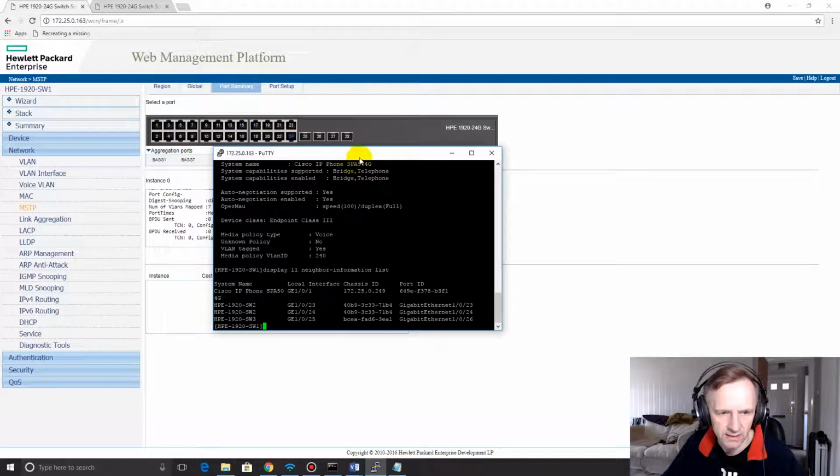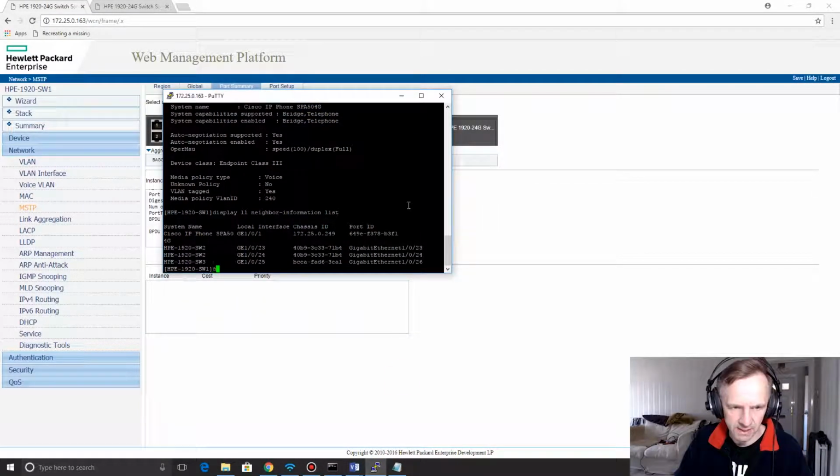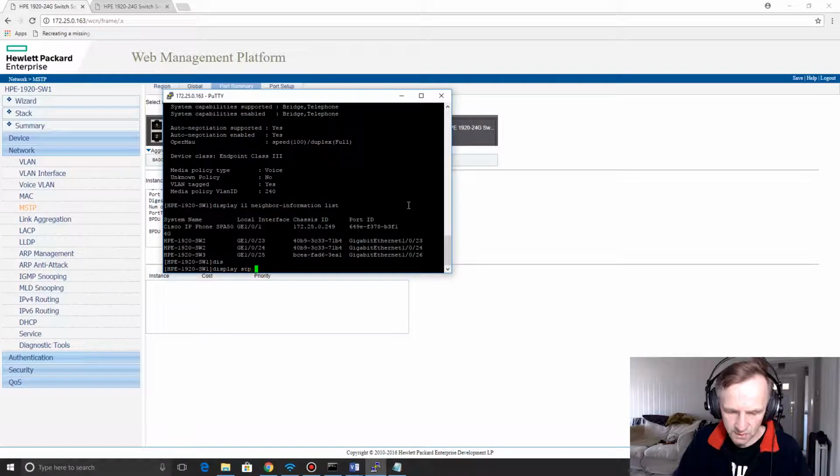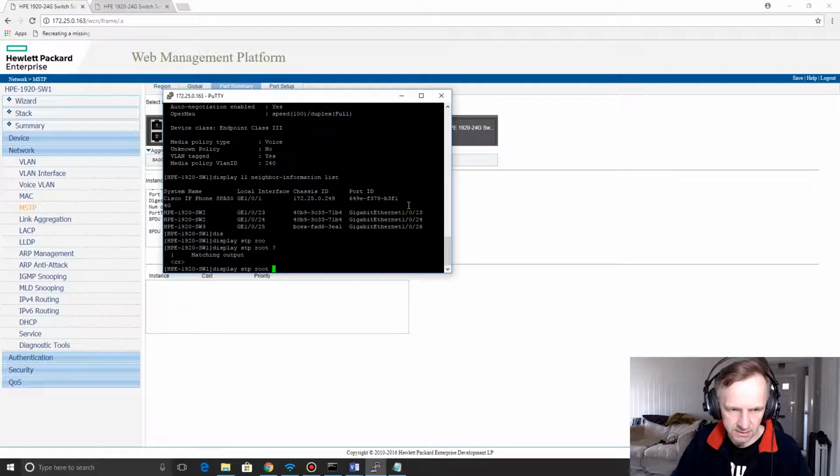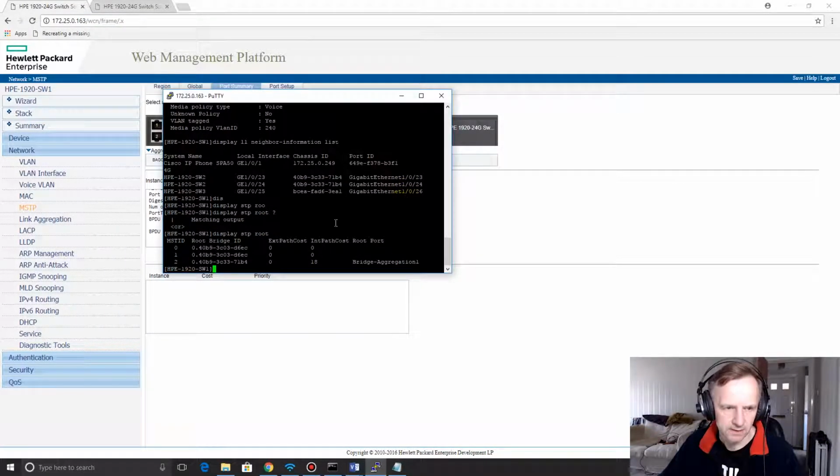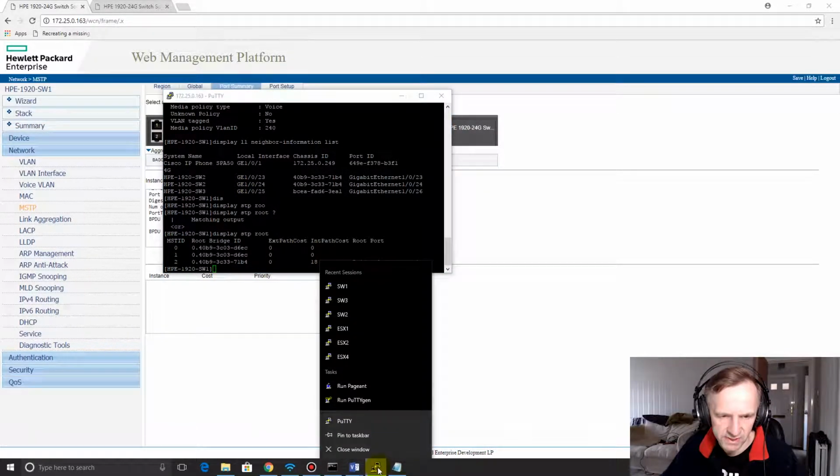So the way you can do that is you can do a display spanning tree protocol root, and I think that's it, root, there you go. So this shows you your instance IDs and actually shows you the root bridge for those. So instance 2, the root bridge is connected to bridge aggregation 1, and that's its MAC address. And so if we go to switch 3, for instance,